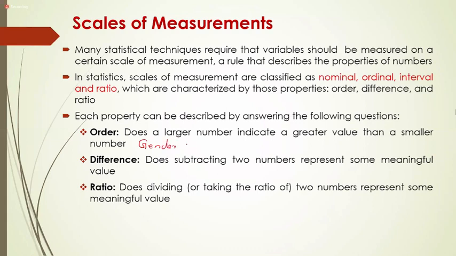How are we measuring gender? The measurements for the gender are male and female. Now we are going to assign numbers to those measurements. We say that male is 1,